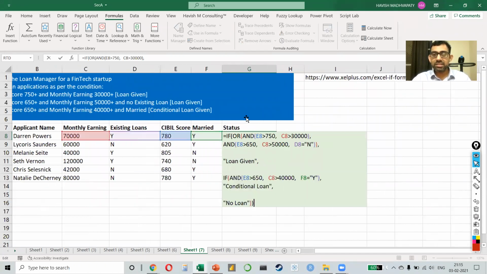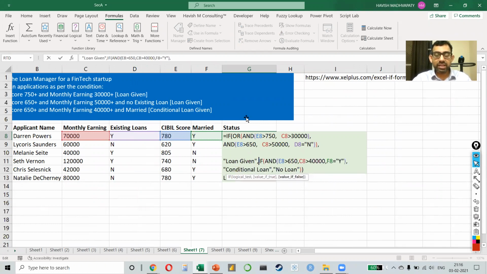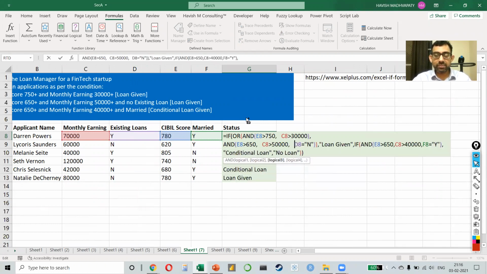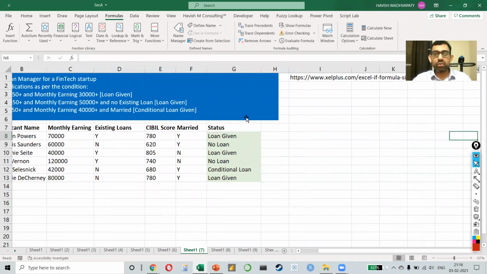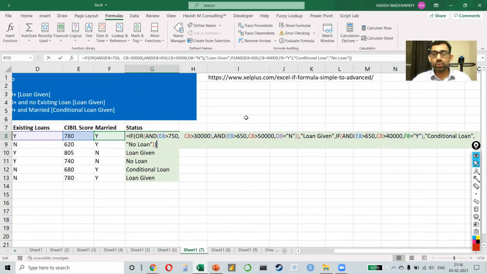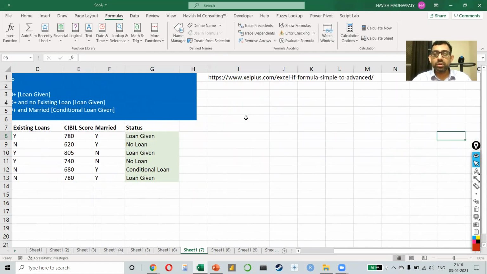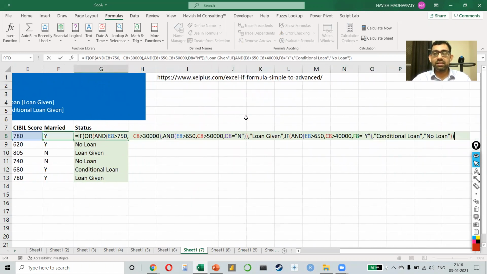Just to give you a comparison, if we had written the same formula without putting spaces and using line breaks, then the formula would have looked like this. You know, and I tell people that if you have to follow one thing and one thing only, please make sure to never ever write formulas like this.